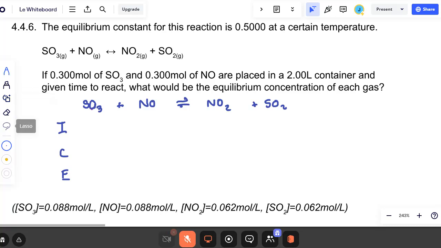Hi again. We're getting into some mathier stuff we can do with ice tables, and here we have a system. It's all one-to-one, which is nice, and they give us the amounts of the reactants that are put into a vessel at the beginning. Now, I've been warning you for a little while that they're going to start giving non-1 liter vessels, and it finally happened. If you want to get this one right, you have to put in concentrations for the stuff we started with, and that means